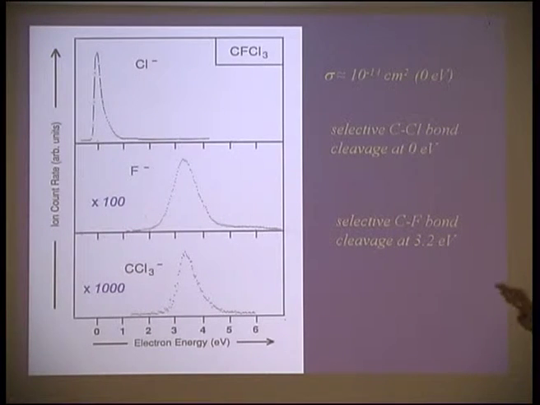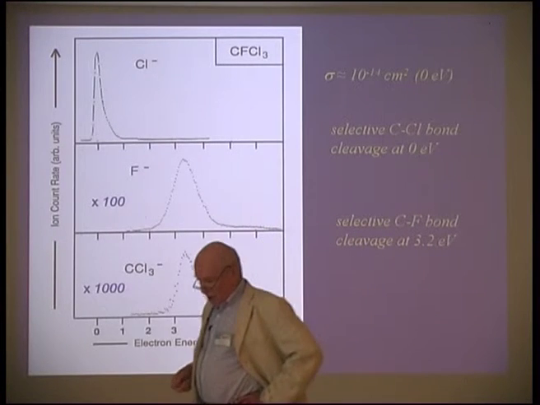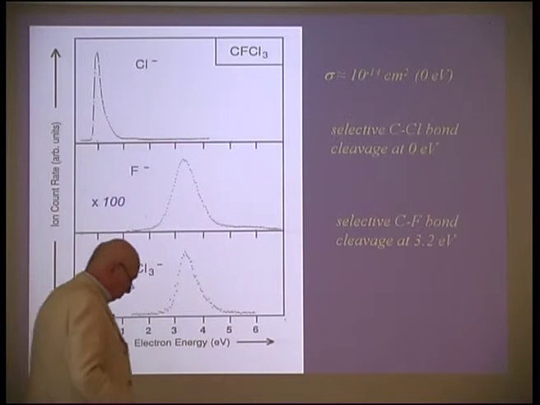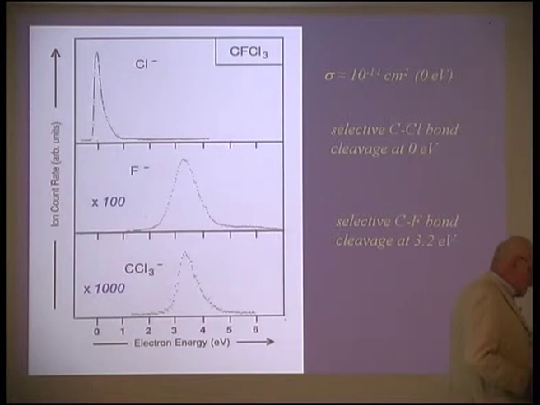This was when the ozone problem was a problem, so these were the propellants, one of the molecules here, which was considered to destroy the ozone layer. Because this molecule is photolytically very stable, with a strong bond dissociation energy, if you shine light onto this molecule, it's very stable. You need to go far into the ultraviolet to break this molecule apart by photons. But as you can see here, if you use electrons, it's quite different.